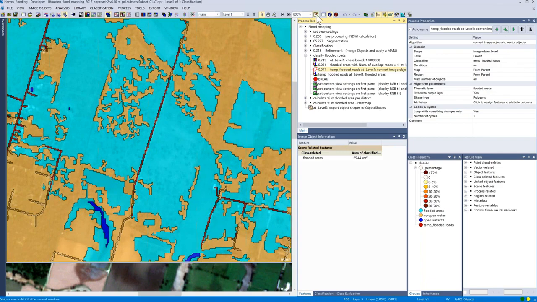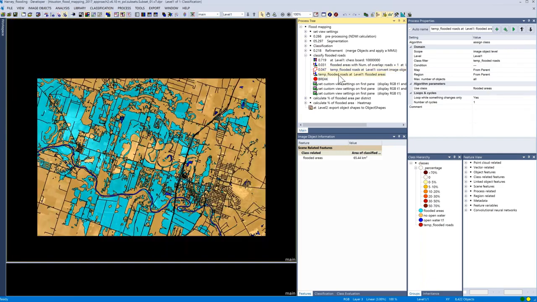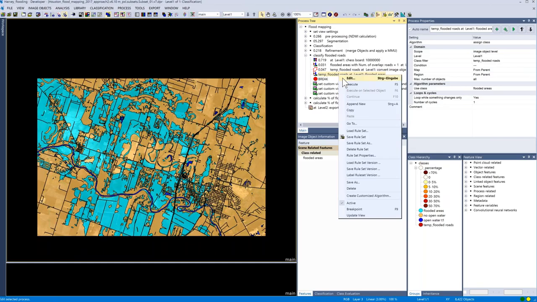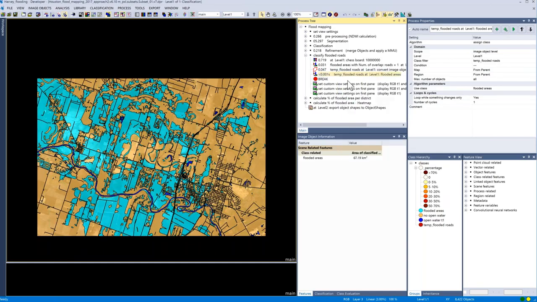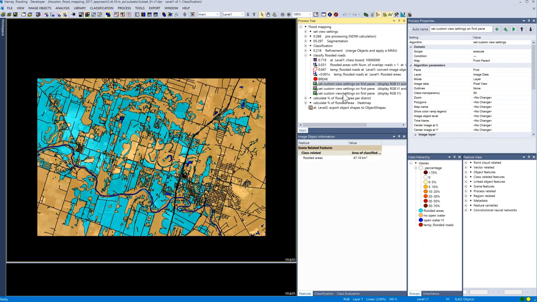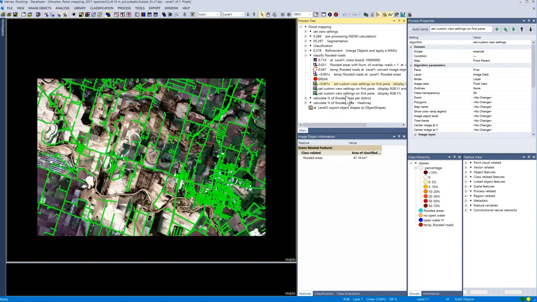Then I classify the temporary flooded roads class back to flooded areas. If we check the road layer now, this is how it looked at the beginning, and now we have extracted the flooded roads, highlighted here in red. This can be very helpful information for the management on the ground. If you want to get from A to B by car, this might be very helpful information.